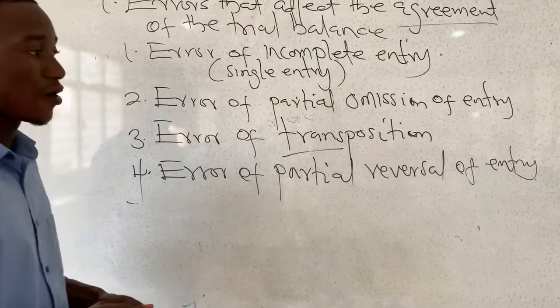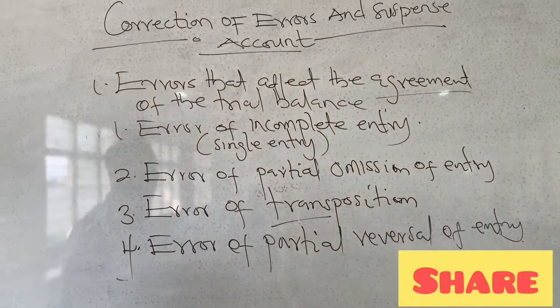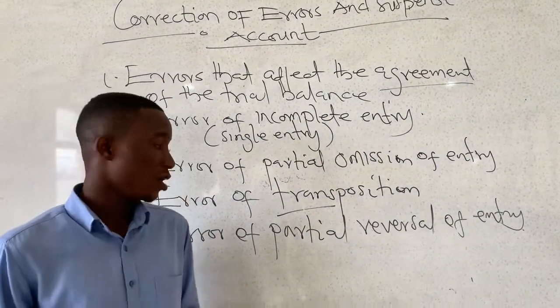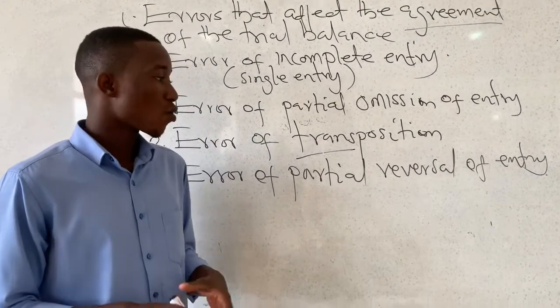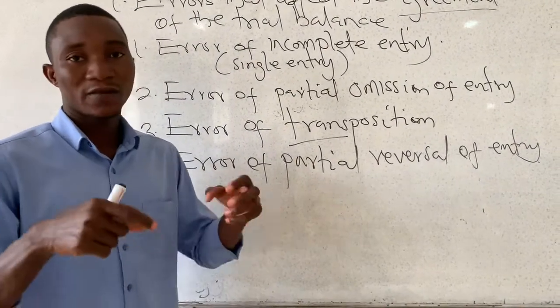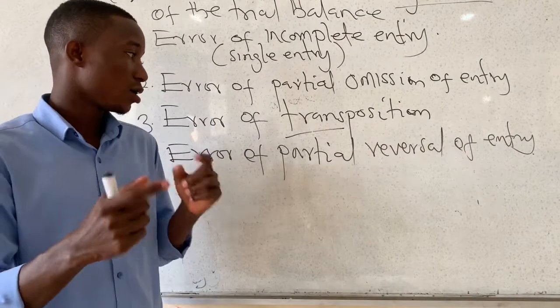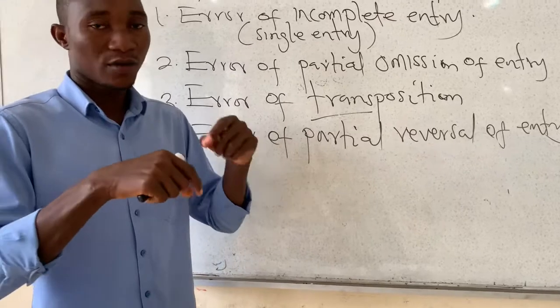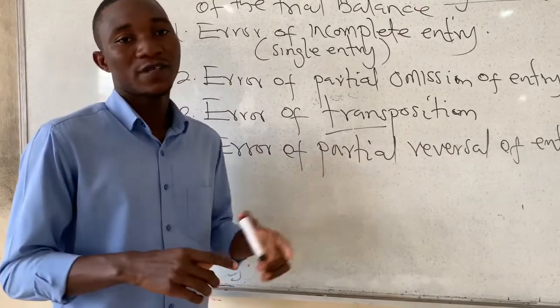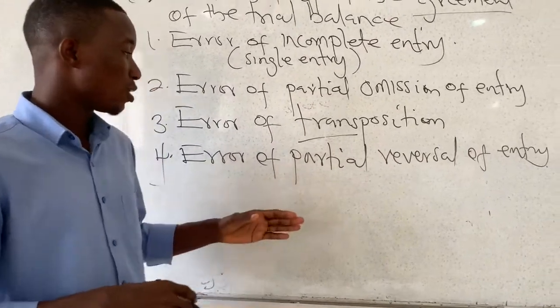Error of partial reversal of entry. An error of partial reversal of entry occurs, or we commit this type of error, when one side of the account has been partially reversed. We've actually reversed one of the accounts. Is that okay? So let's say